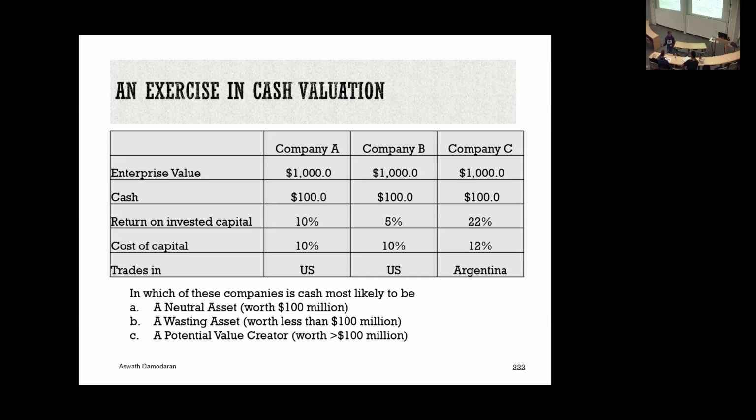Now, do you see why I picked Argentina as my country of origin? In this century alone, Argentina as a country has seen its entire capital market shut down at least 5 times. When I say shut down, you can't raise equity, you can't borrow money, you have no access to capital. Do you see the advantage of having a cash balance in a market where capital can shut down? You can survive the next downturn. You might even be able to buy assets at pennies on the dollar because you have cash.